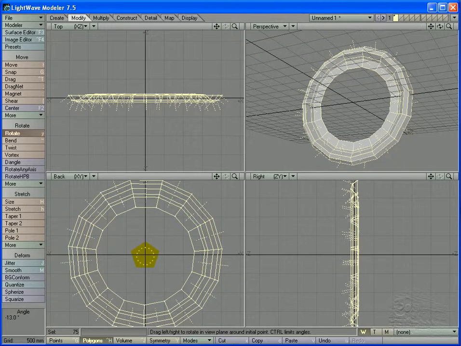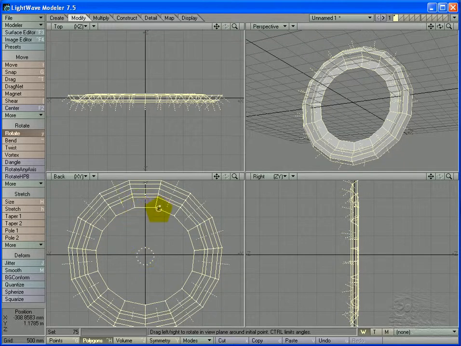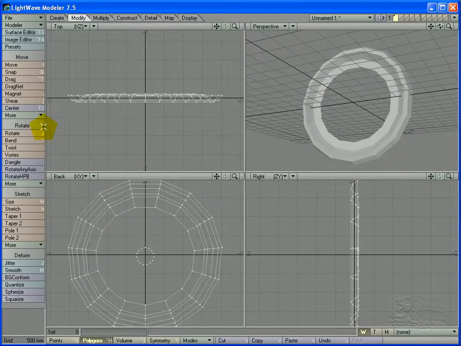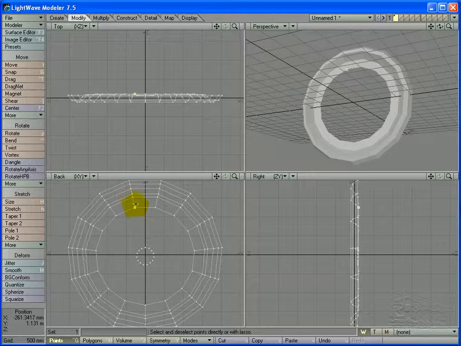slightly. I want to make sure this line I'm watching right here lines up. Click on rotate, and then I'm going to press the question mark key to deselect. Now under points again, that allows us to select the points of the object. I'm going to select 1, holding down the left mouse, 2, and then we'll go,